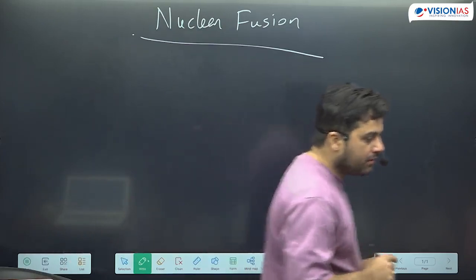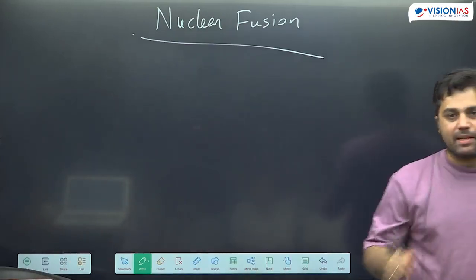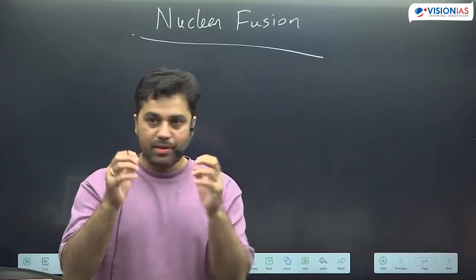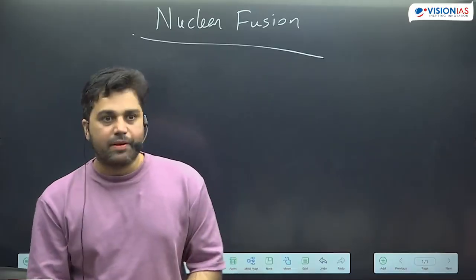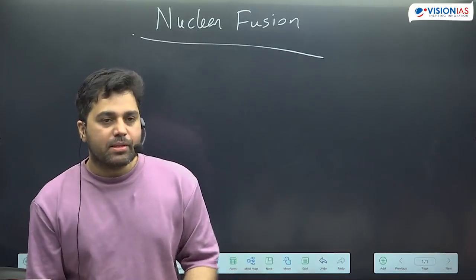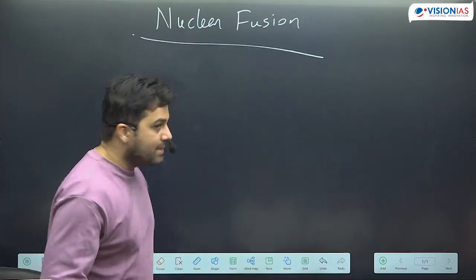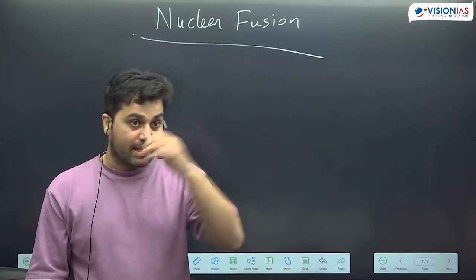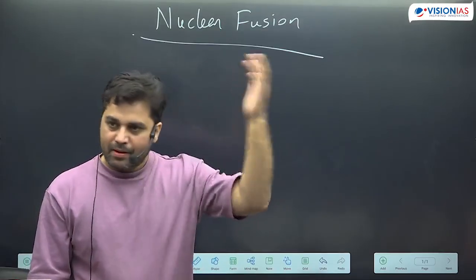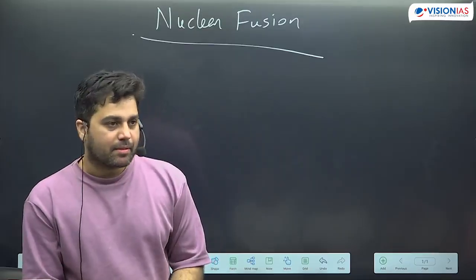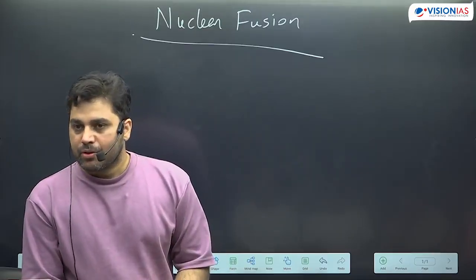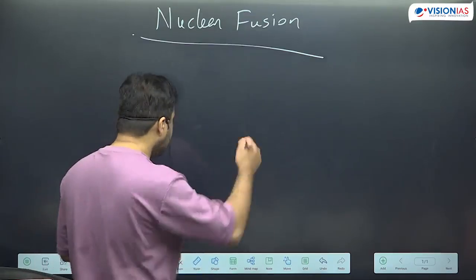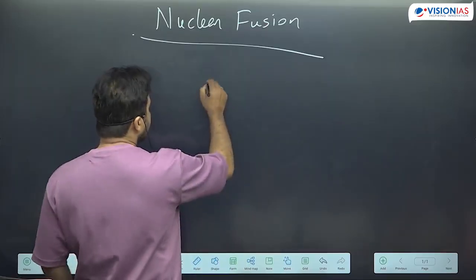In fusion, we do the exact opposite. We start with lighter nuclei. And those lighter nuclei are fused together, merged together to form a heavy nucleus. And the most important reaction, for example, which happens in nature is in the core of stars. जैसे sun के core के बारे में हमने बात करा पिछले topic में space technology में, that sun has a core. So inside sun's core, a reaction which happens into many stages, but the final end product